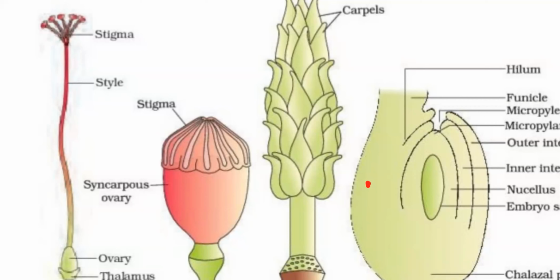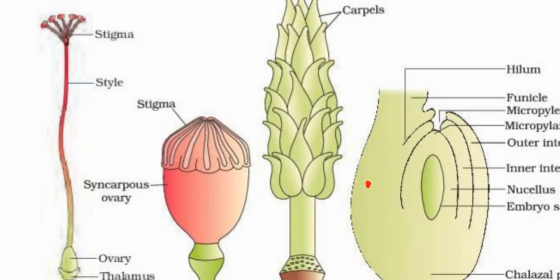What is the term used if these carpels are united, and with a few examples of the same? Syncarpous, with examples Papaver and Hibiscus. How about if these carpels are free from each other, with examples? Apocarpous: lotus and rose. Also, one more example, Michelia.